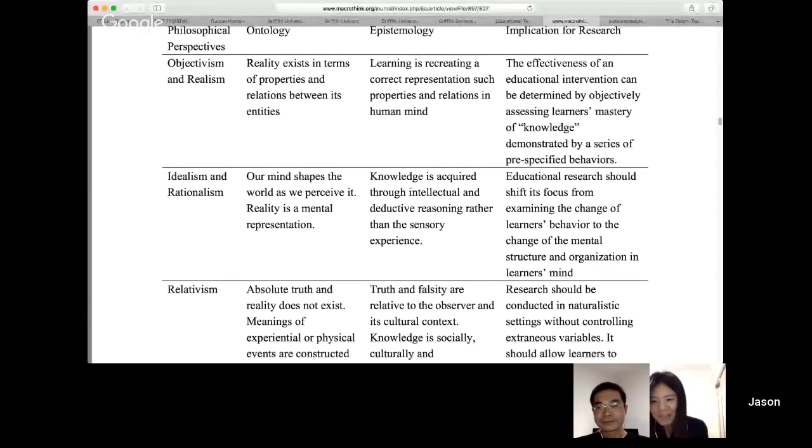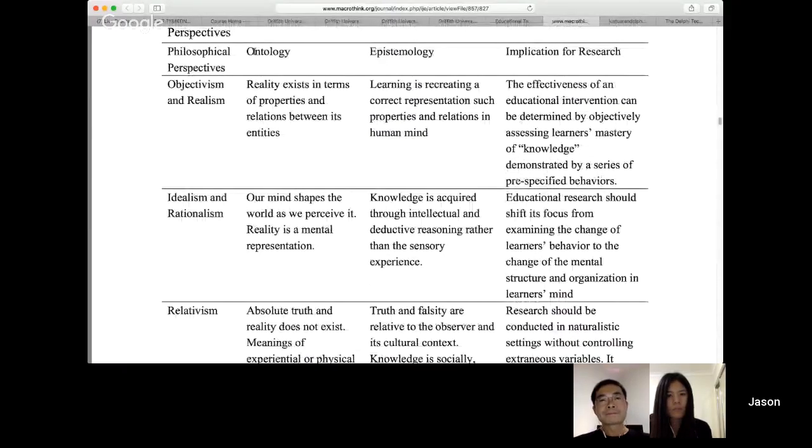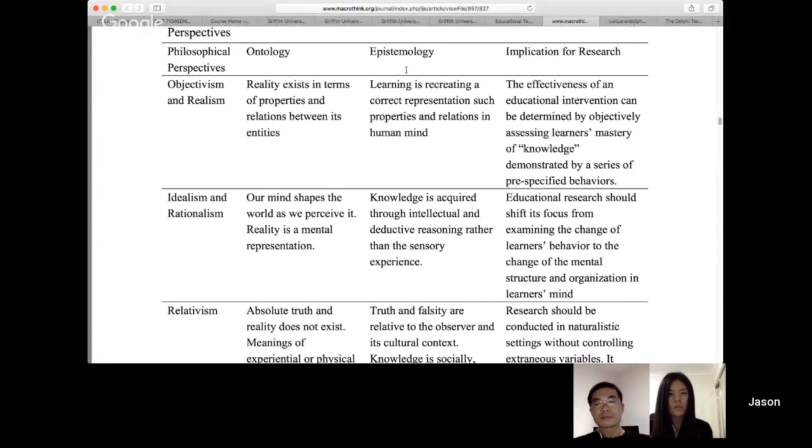Okay, so we were still on this page. Objectivism. Absolutely. So we're looking at ontology. So we'd moved on to epistemology, had we? Yes. Okay. So from an epistemological perspective, in terms of how the learning process occurs, from an objectivist perspective, learning is taking the knowledge from the teacher and recreating that in the mind of the student. So very much a direct transmission approach.